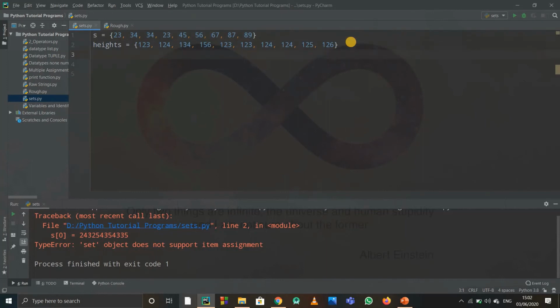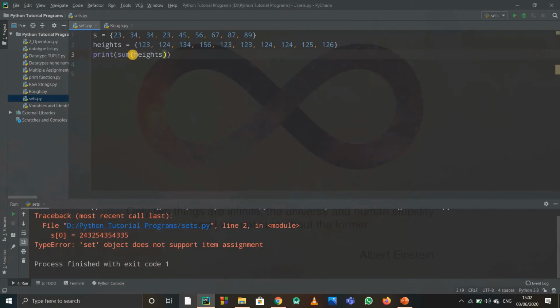If I want to print the average of all these heights, then we'll have to add all these elements and divide by the total number of elements. But the advantage in sets is, I can simply print out, this is a particular function of sets. If you want to add all these elements, you can simply write sum, and when you write sum of heights, it directly gives us the sum of all the heights.